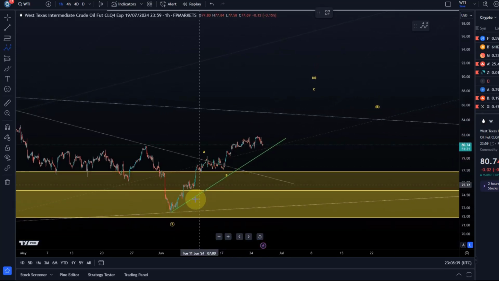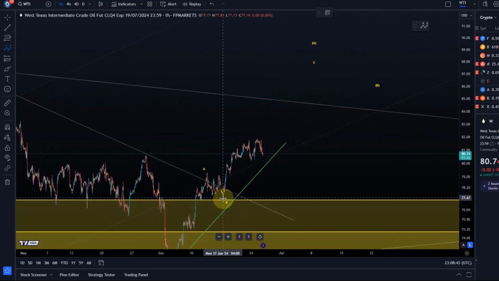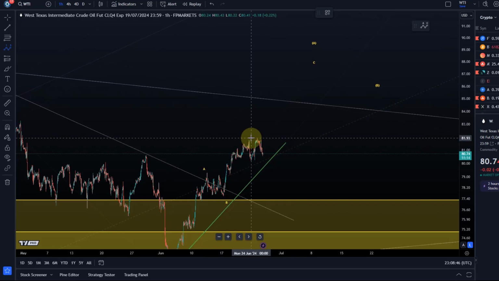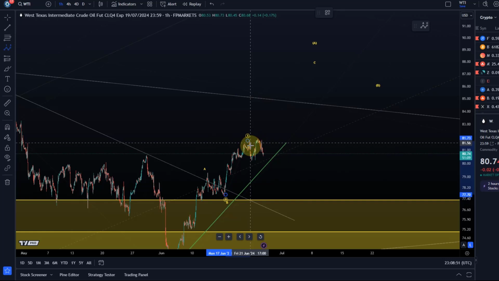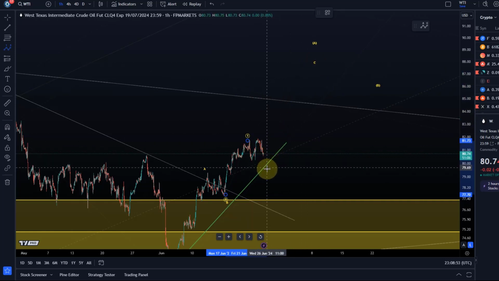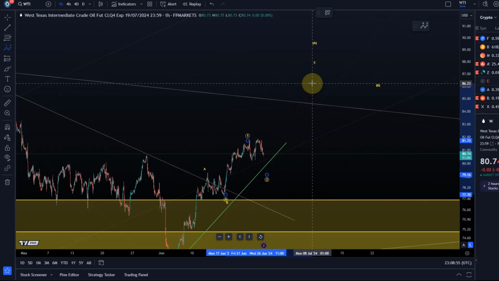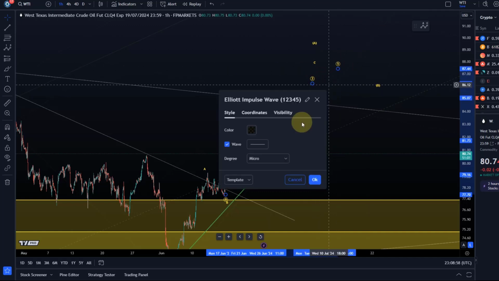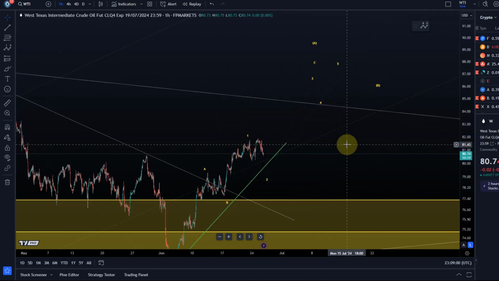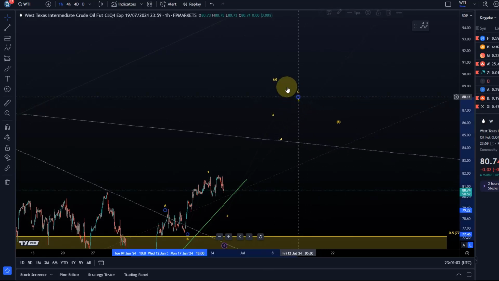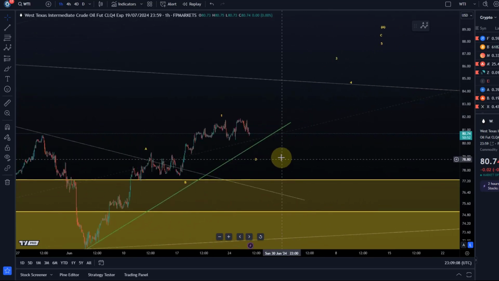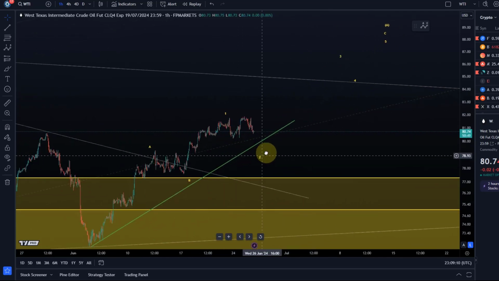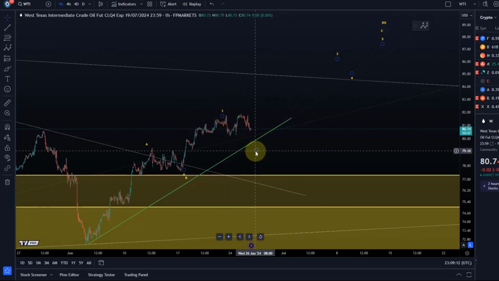Again, best I can tell it, because it's all corrective, right? It's all corrective. Best I can share is maybe, because this looks a bit like a 5-wave move up, maybe this is like wave 1 of C, and we're now pulling back in wave 2, and then there should be a 3, 4, 5. Again, I will have to change the wave degree. I don't know, it would extend the C wave quite a bit, but it's one of the best interpretations I think that there are. And then we're now in the wave 2, and this is an A, B, C flat,